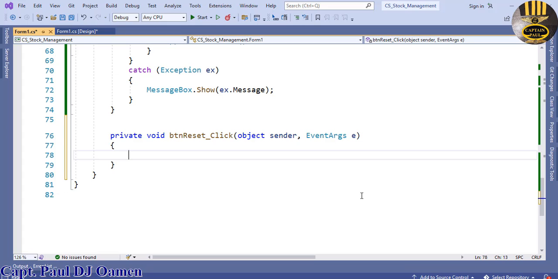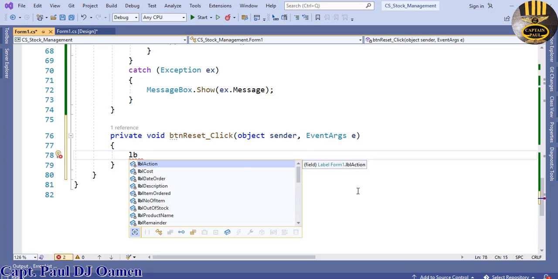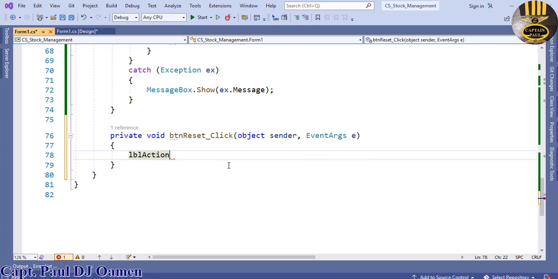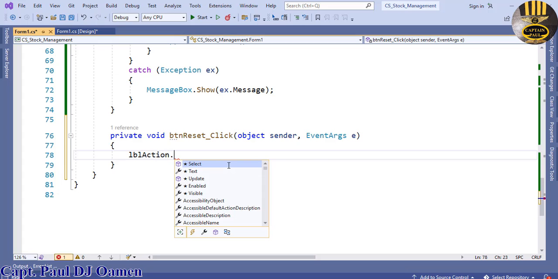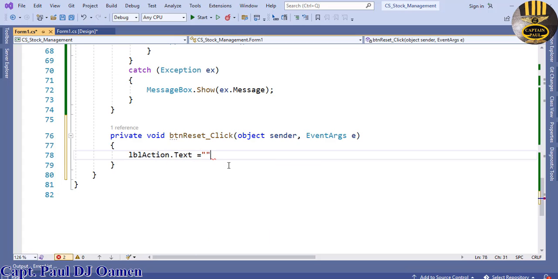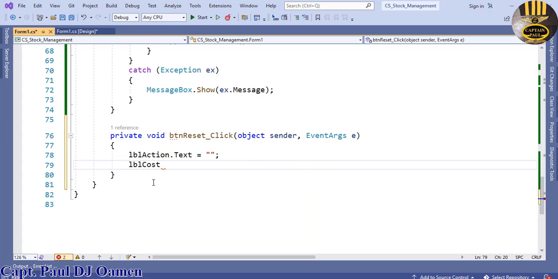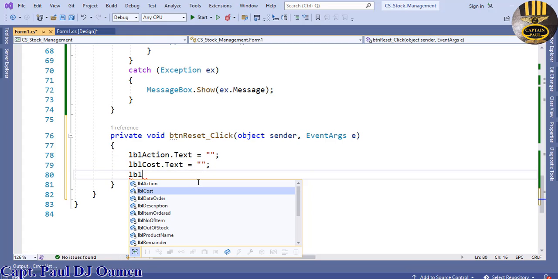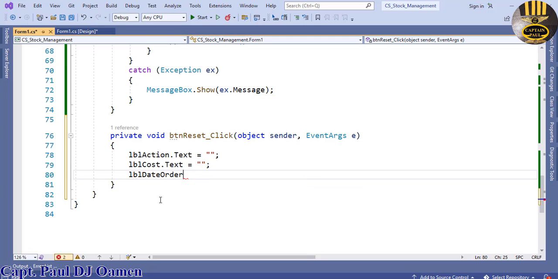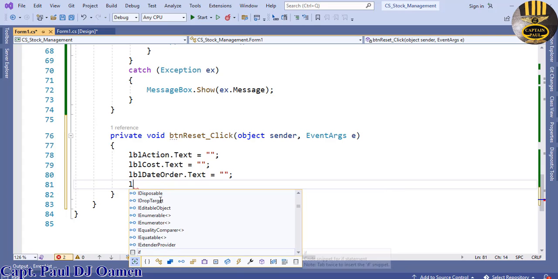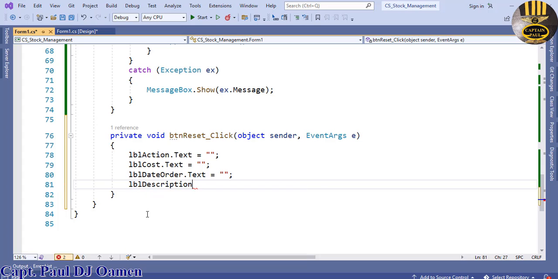Okay, the next thing is, let's take care of the reset. So I'm going to double click on the reset. With the reset, I'm just going to make that simple. Let's start by saying action, lbl action dot text, that will be equals there. Okay, just clear it like that. That's what I'm going to do for all of the components. The next one, lbl cost. The lbl, we have date order, lbl description,